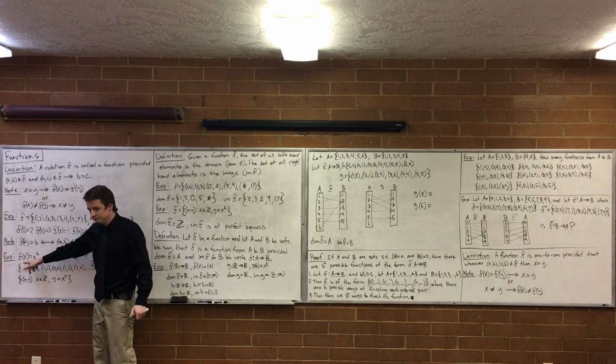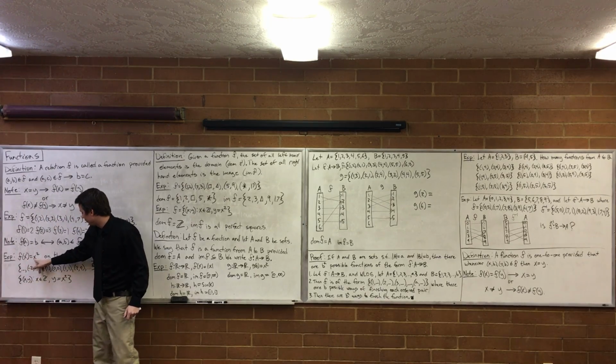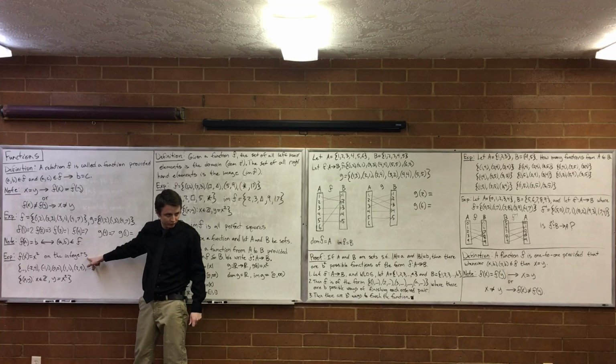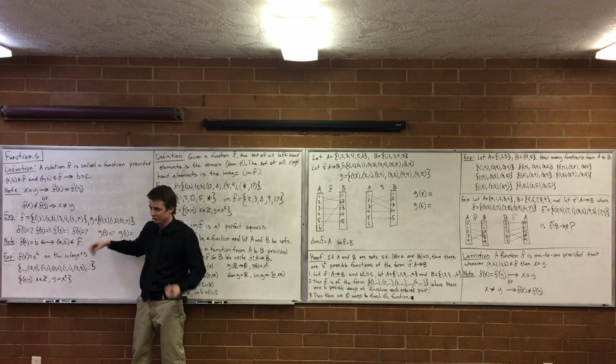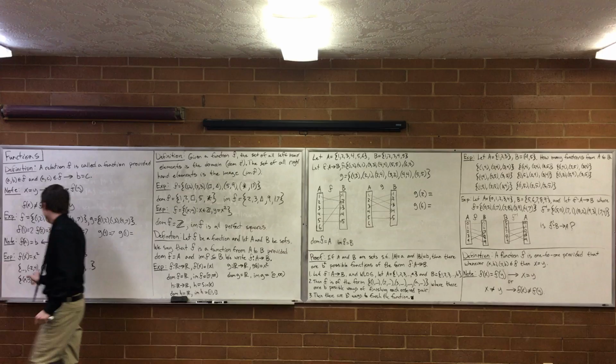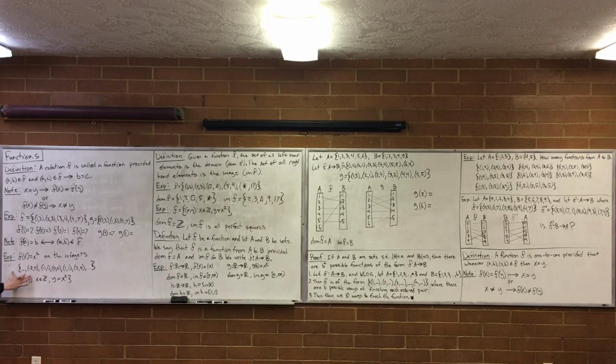Kidding, it's all squares. So f of x equals x squared, and we'll do it on the integers. You know what I mean by on the integers? We're just plugging in the integers for x. This is shorthand then for representing this relation. Negative 2 goes to 4, negative 1 goes to 1, 0 goes to 0, 1 goes to 1, 2 goes to 4, 3 goes to 9. It's like writing out the definition. This is shorthand for this function, just to save us from writing this.